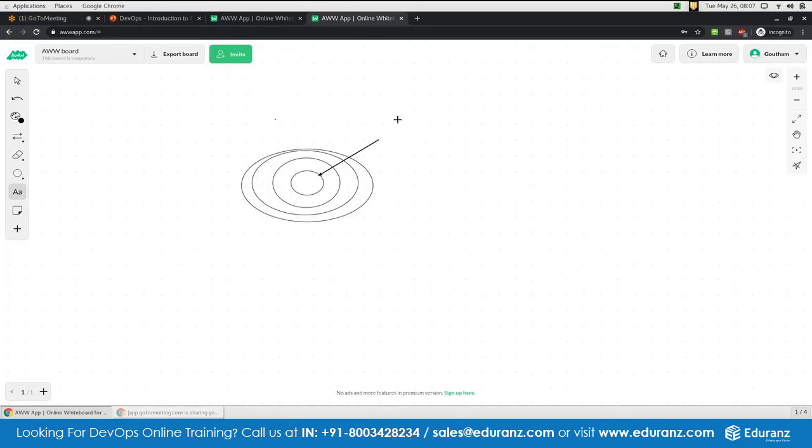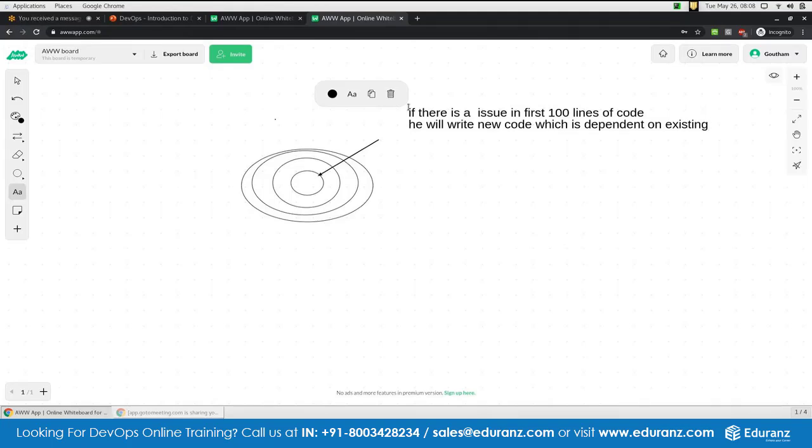So the problem is, if there is an issue in the first 100 lines and he writes new code which is dependent on the existing 100, because the code will always be related, right? All the Java code will not be unrelated, everything will be related. So all the Java code he writes will be dependent on the existing 100 lines. So what happens is, when he goes for testing,